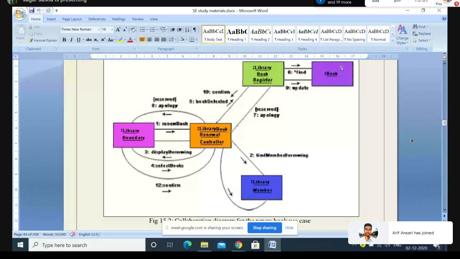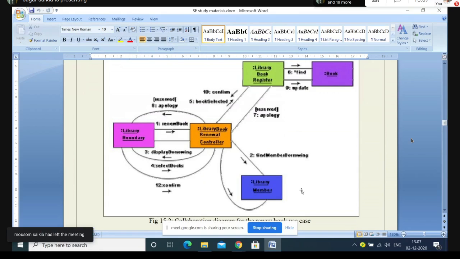If the books are not present, then what will happen? We have to give an apology. If the books are present, then it will be coming as a reserved thing, isn't it? Then for whom we will be reserving, we need to find the members also, and accordingly we need to update. So if you see the sequence, first will be renewal of book, then for whom we are renewing,